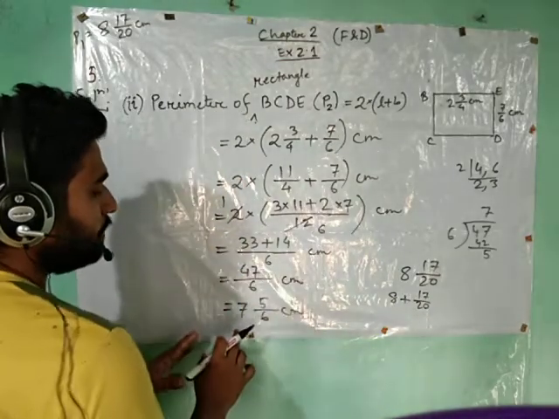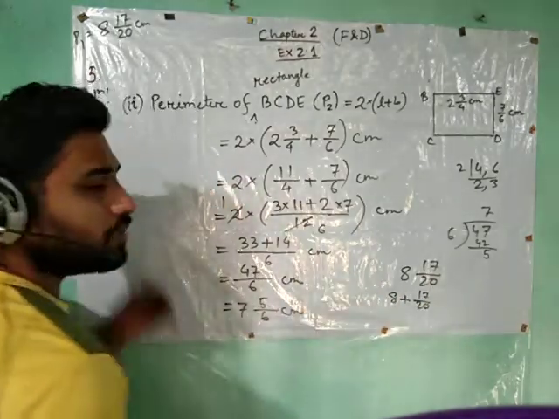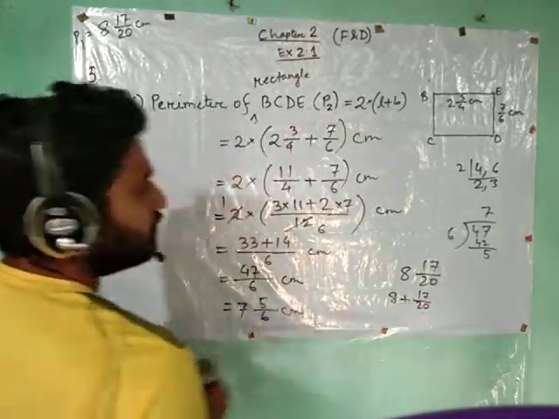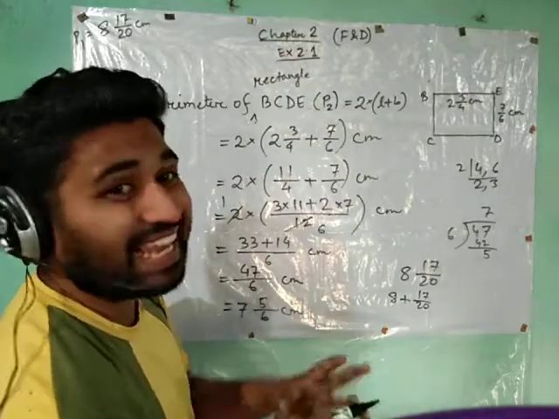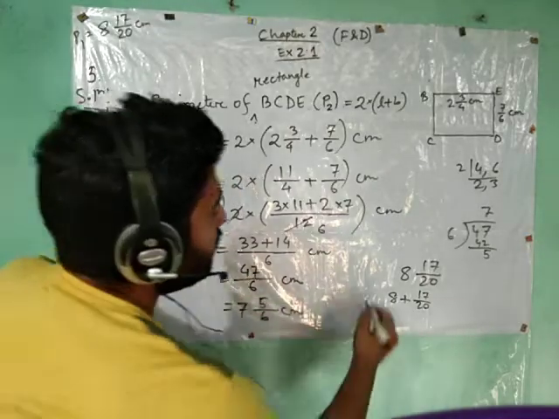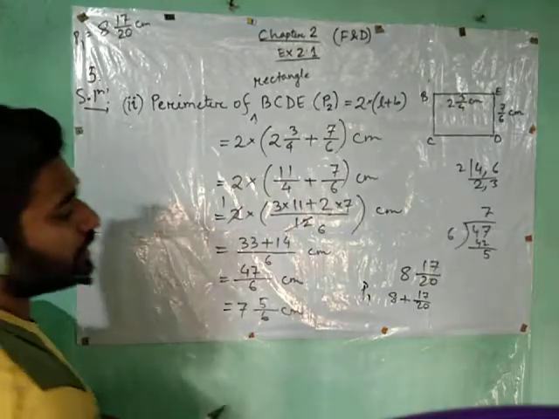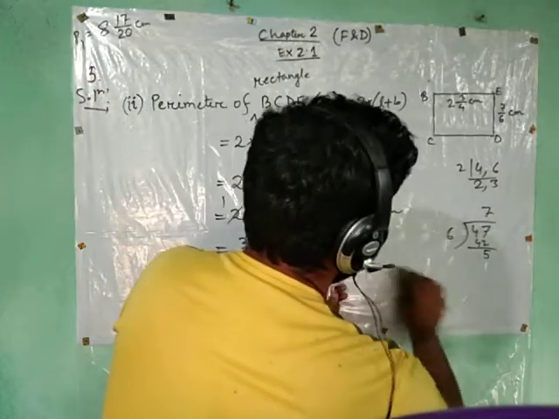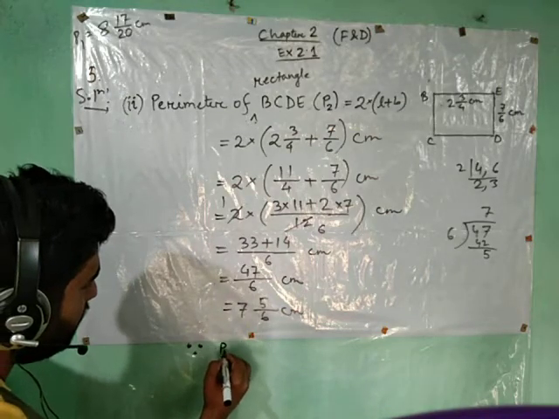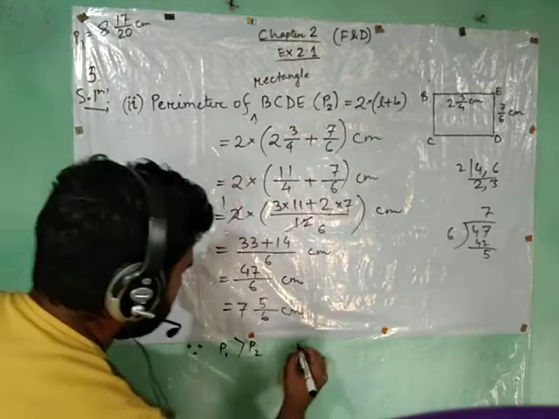So which one will be greater? The one greater than 8 or the one greater than 7? Definitely the number which includes 8 will be greater than the previous one. That means this was what? P1, and this was P2. So now you can write down here, since P1 is greater than P2, therefore